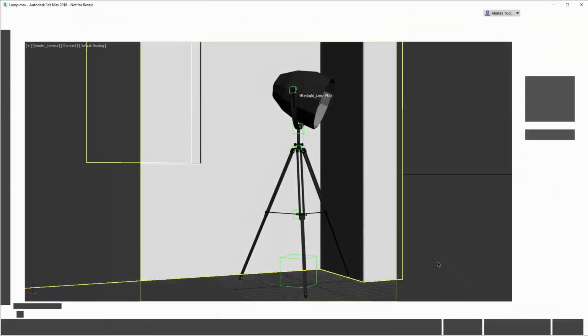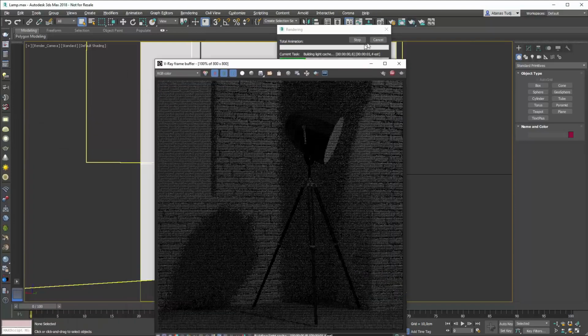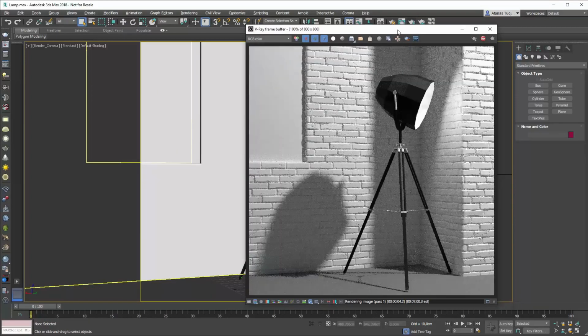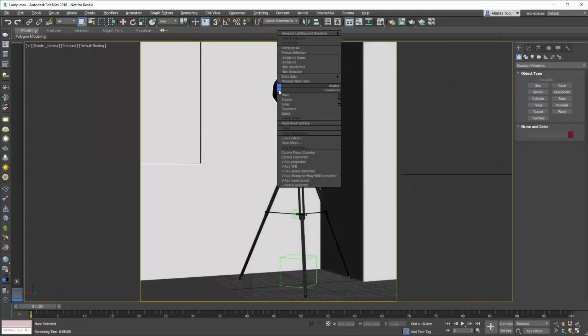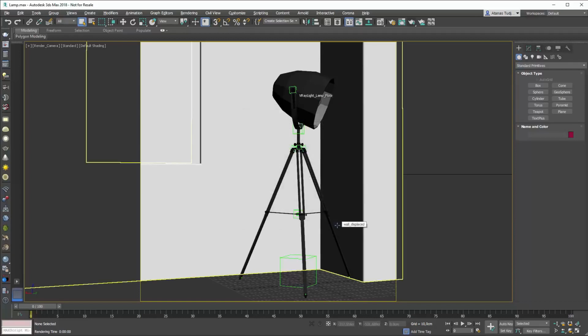It's very simple. I'm going to go to 3D Studio Max for this example. And let's just render to see what the result is. Okay, so this is the result that we get in Max. So how can we transfer this scene? Well, it's very simple. Just right click and say V-Ray Scene Exporter. And that will open this dialog. And we basically make sure to save the scene in the location. So we export a file path. And then we simply click export, and the scene will be exported somewhere on our hard drive or the network.